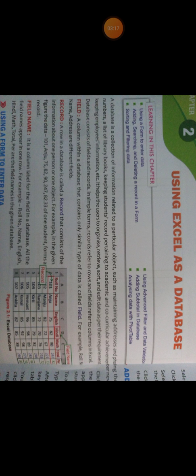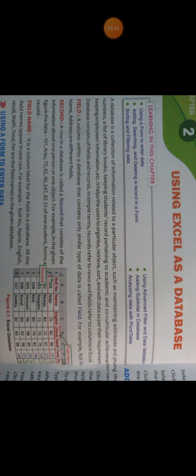So this column will consist of only the roll numbers of the students. The next column is the name field. That is, it will consist of only the names of the students and so on. So in a database, a column is a field that contains a similar type of data.